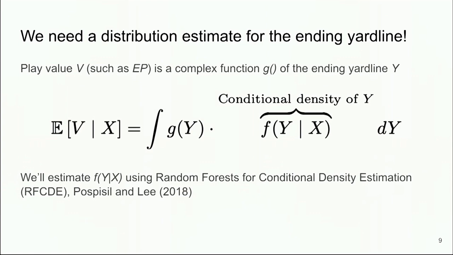And what I need is a conditional density estimate, so this distribution estimate of what the ending yard line should be. And so what I'm going to do for this today is use what's called random forest for conditional density estimation. This approach, an innovation for high-dimensional conditional density estimates from collaborators in the CMU statistics department, focused primarily on modeling tropical storm cyclones and also astrostatistics data, and we might as well port it over into the